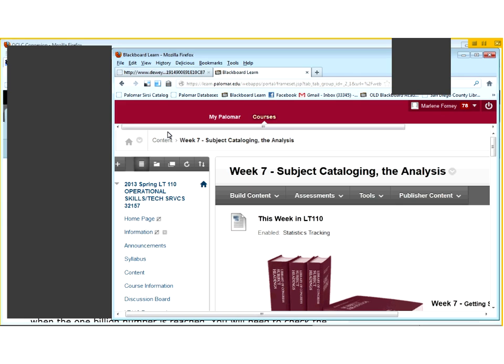Because if someone tells me that they chose a particular record for a book based on an ISBN search, I should be able to do the same thing that they did and hopefully make